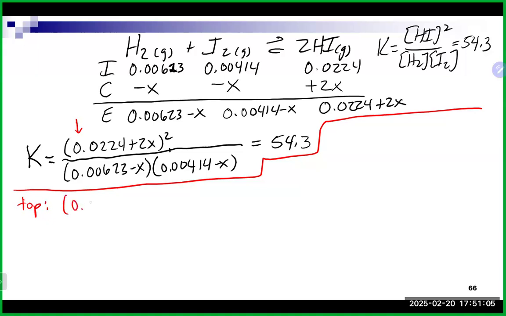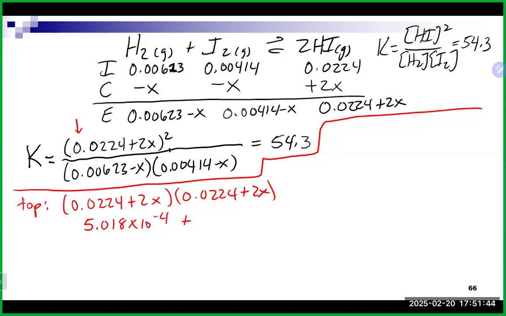We got 0.0224 plus 2x, and we're going to do that twice right there. So that should get you here: 0.0224 times 0.0224. It's going to get you something like 5.01, I'll do a little scientific notation so I don't have too many zeros lurking around. We're then going to do plus